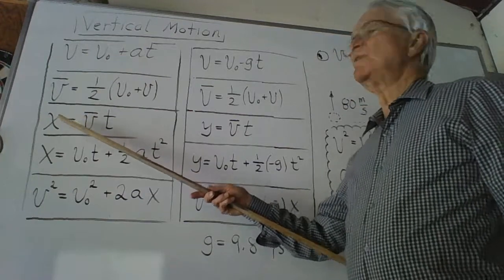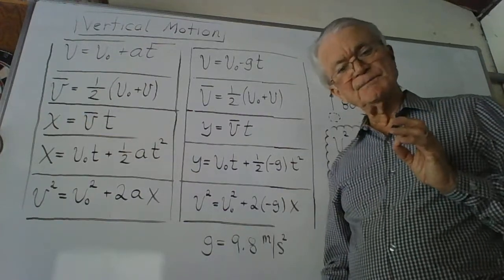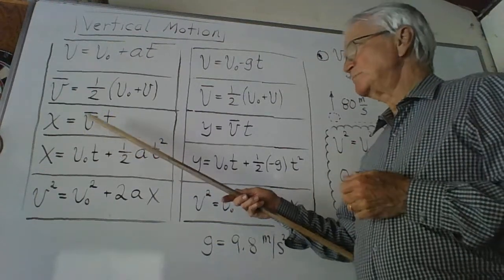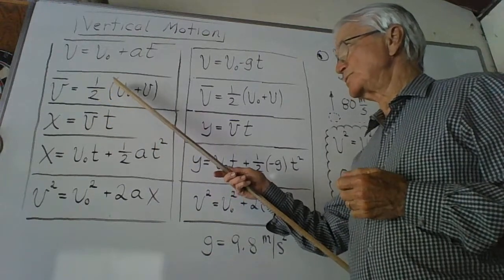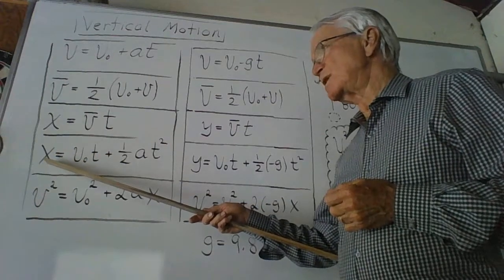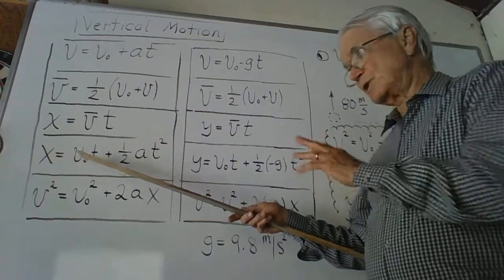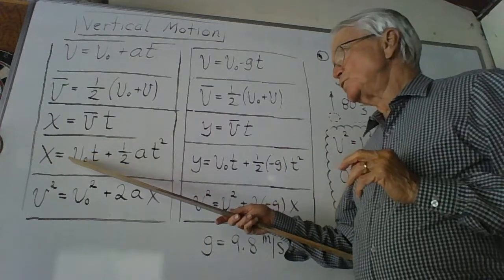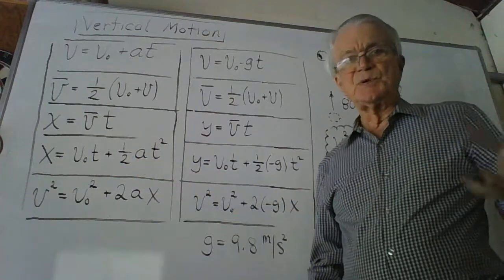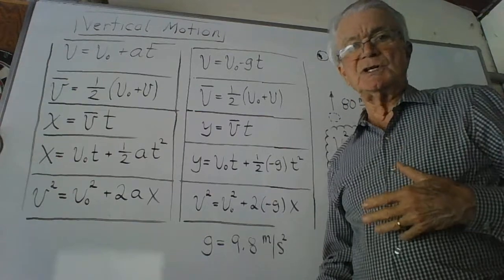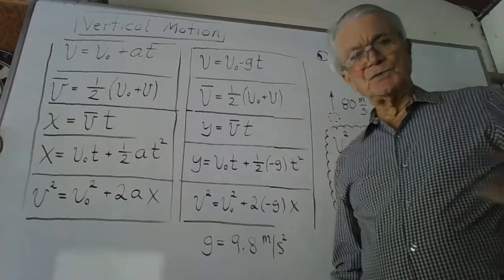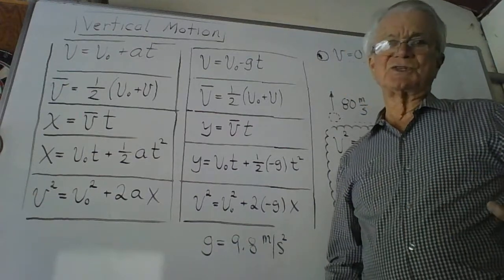This equation can be used to find the displacement, called x, of an object over some period of time t. And we put to use the average velocity expression that we found earlier. An alternative way to find the displacement of an object is shown here if you're given the following numbers. If you know the initial velocity of the object and its acceleration, then all you have to do is specify a period of time called t that you're interested in and substitute that value of t into this equation. You'll find the future x coordinate of that object, which represents the displacement